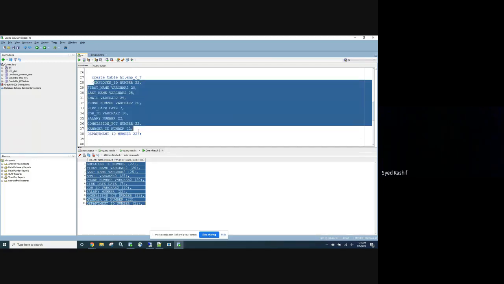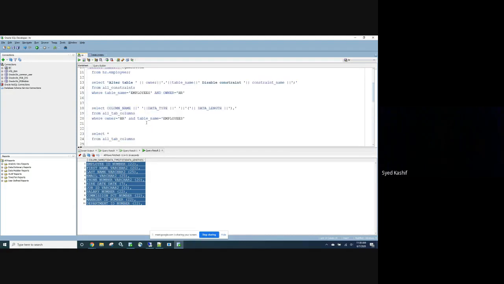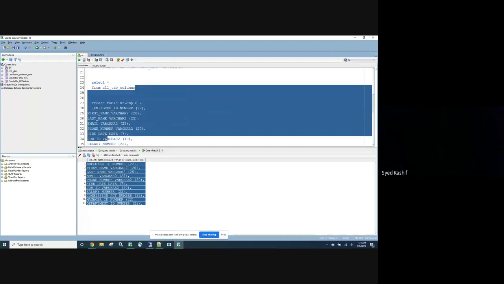So your create table statement, you can see, create table employee ID number 22, 20, 25, 25, 7, hire date. This is the date field, varchar 2. So you can generate using these: all_tables and all_tab_columns. I'll show this one last example and we'll